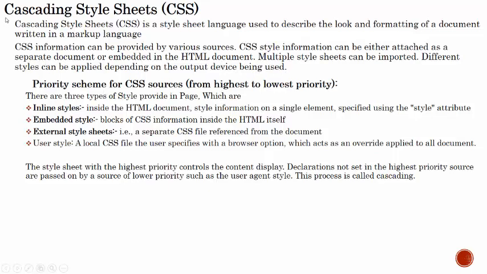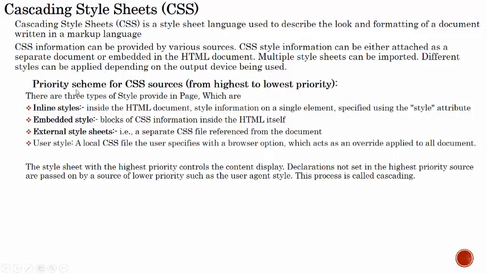Previously you saw CSS working in SAM4, that is in web designing. In that you learned HTML, CSS and JavaScript and all these things. So that concept will remain the same. It is a kind of language, and it is used inside the HTML page to format the various controls and things available on the HTML web page.